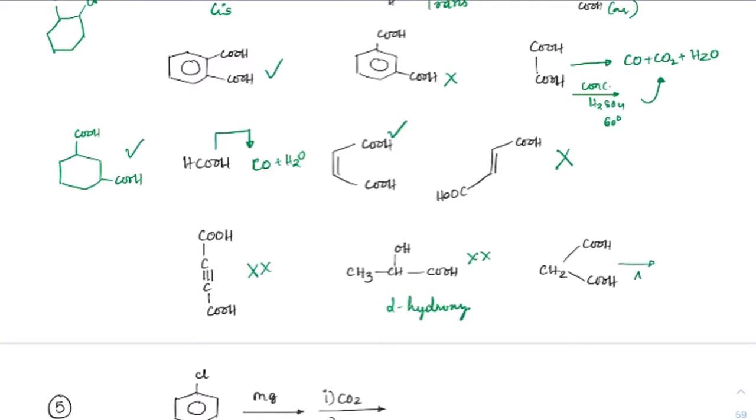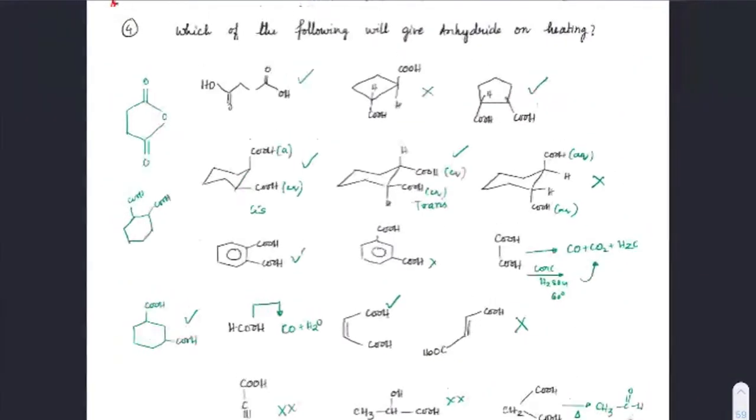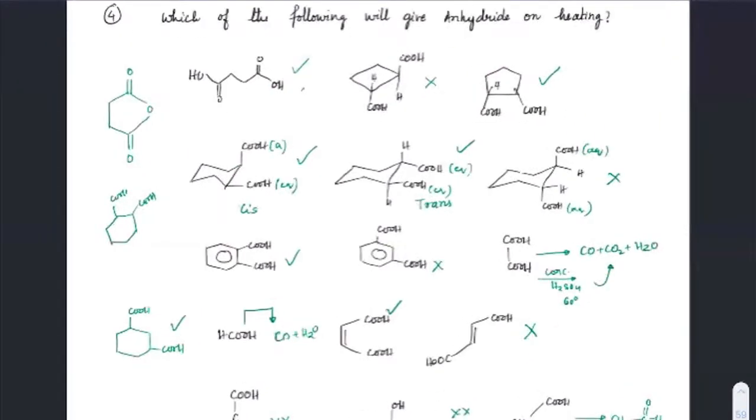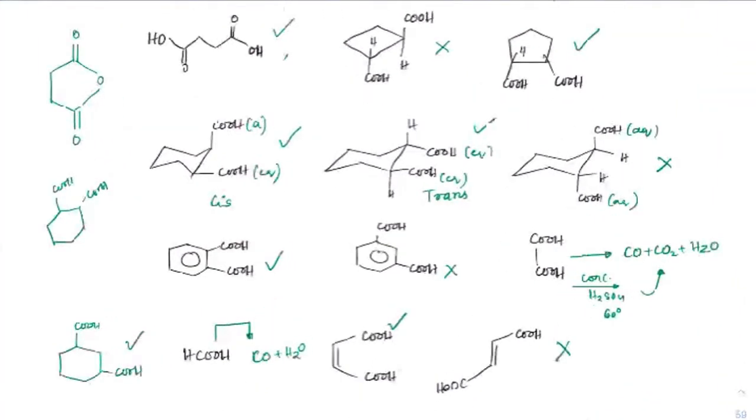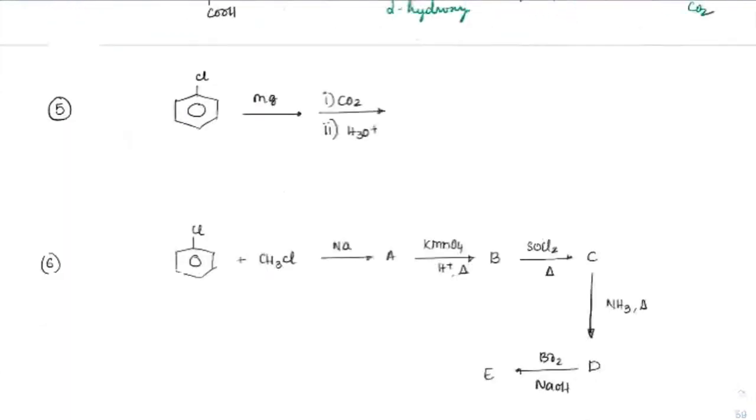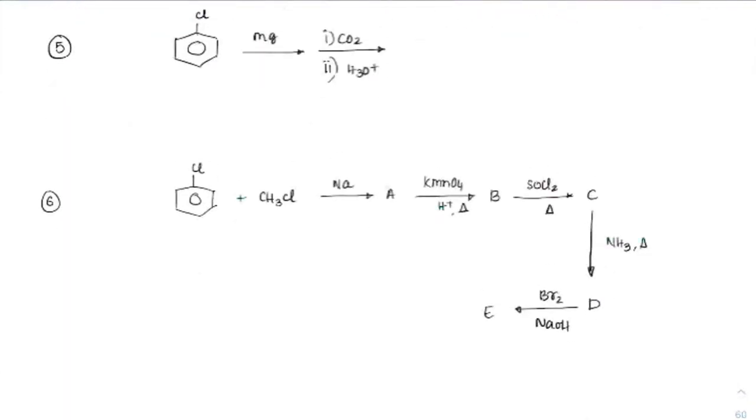Malonic acid on heating, what do we get? We'd get decarboxylation. So we'll get this as CH3, C double bond O, okay, H plus CO2. Everybody got this? Right? Should not make mistakes in this. Okay. Next. These are very generic questions. I took some generic questions which are a combination of both aldehydes, ketones and carboxylic acids.